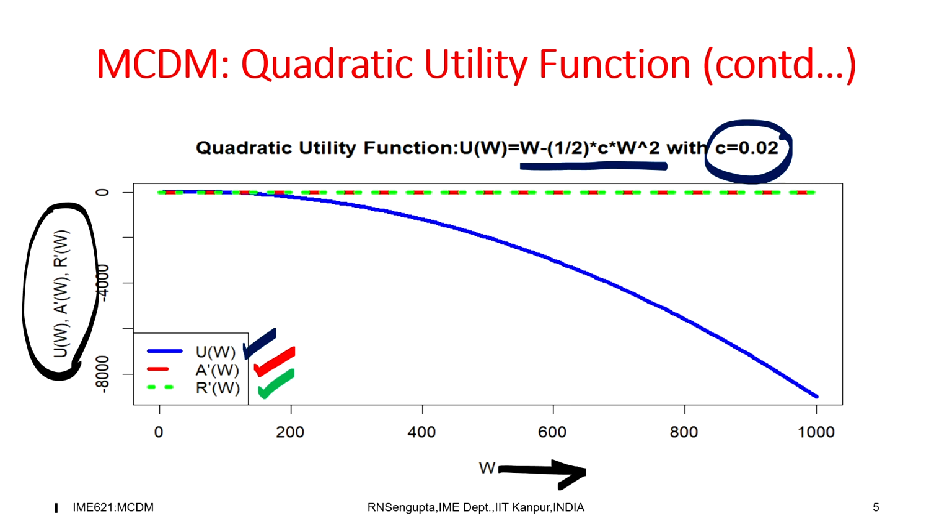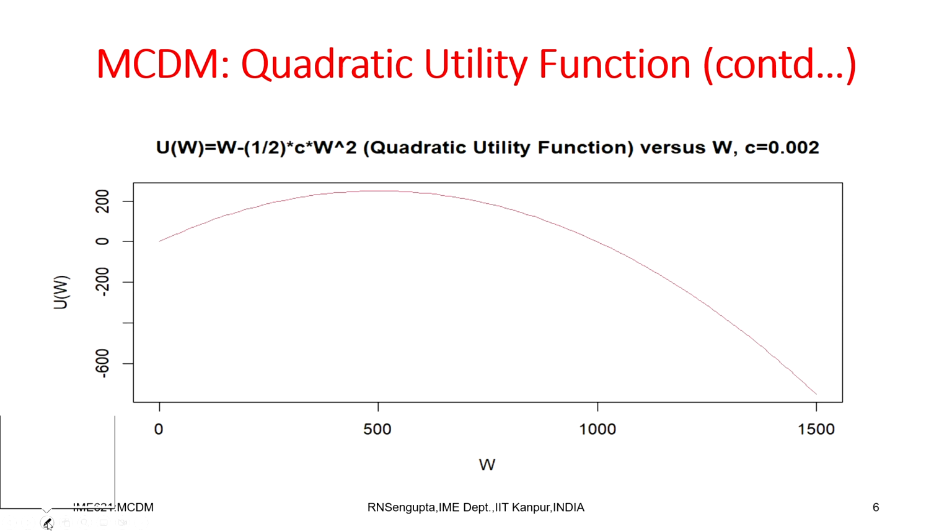So, the utility function u would be like this, decreasing, and a prime and r prime are shown here. They are not discernible, but they will become so once we see them separately. If I draw all these three diagrams separately, they look like this. Again, wealth is plotted along the x axis, utility only. The three things, u, a prime and r prime, are not being done together as in the last diagram; we are separately taking them.